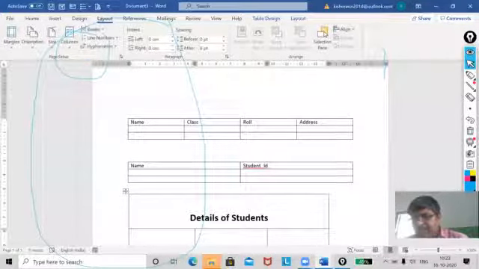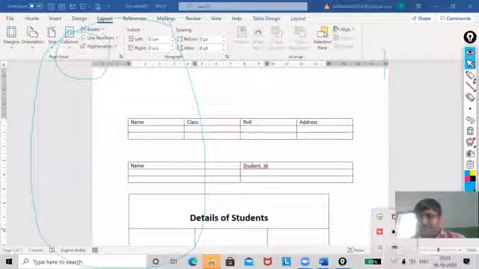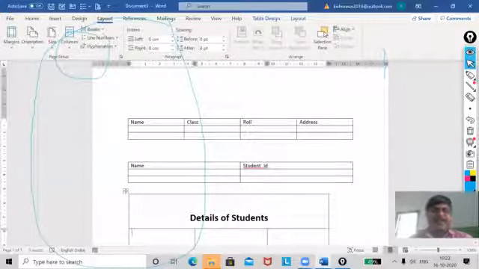I don't have a printer, but here in your taskbar, it will show the status of which document is going to be printed.